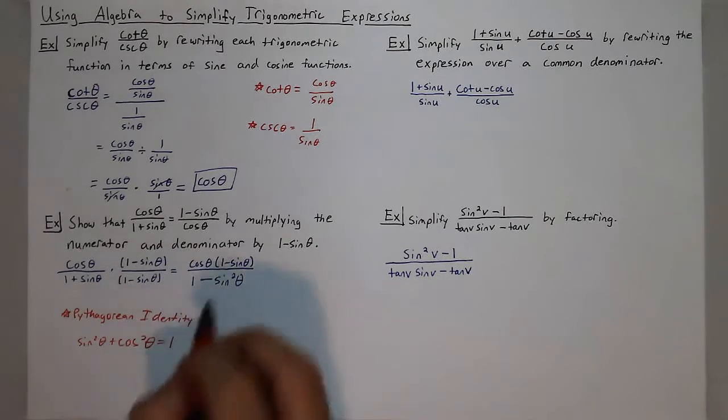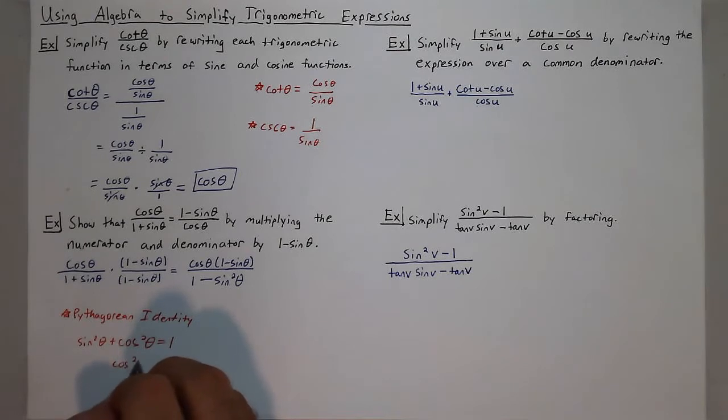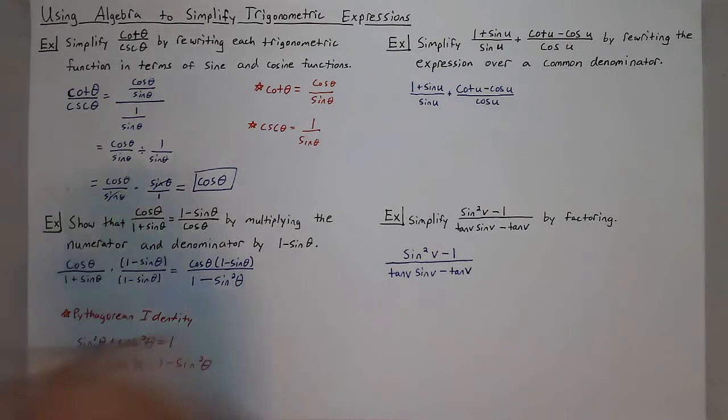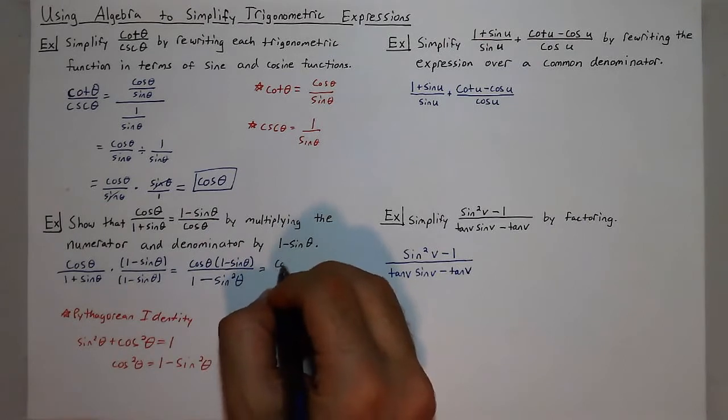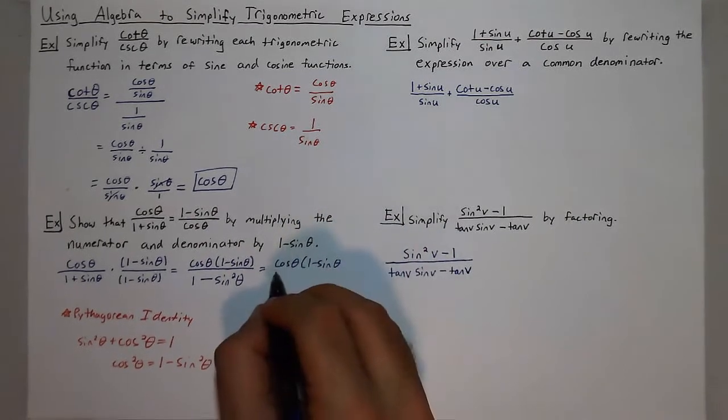And that's 1 minus sine squared theta, so if I subtract sine squared from either side of this identity, I get cosine squared theta is equal to 1 minus sine squared theta. So 1 minus sine squared theta can be replaced with cosine squared theta. So we have cosine of theta times 1 minus sine theta all over